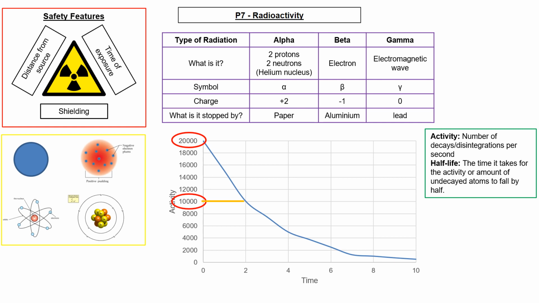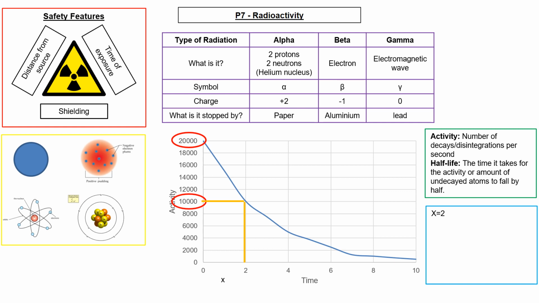Then we draw a line down from that line that we've just drawn vertically to the x-axis. I'm going to call this one x. Okay, so x, as we can see here, is equal to 2, whatever the units are, 2 hours, 2 days, whatever. So that is our first half-life. Now we can't just rely on 1 because, as you can see here, the graph has a bit of a wibble. We have to do more than 1.